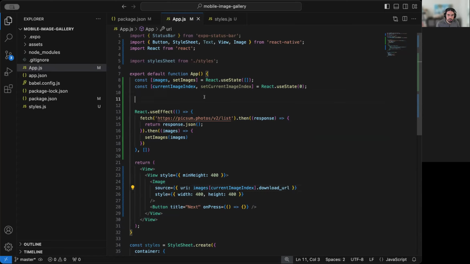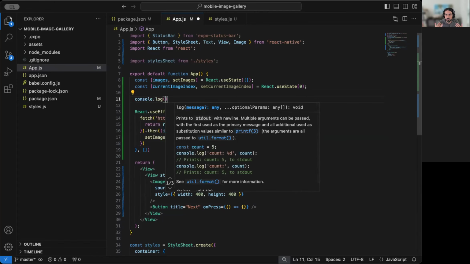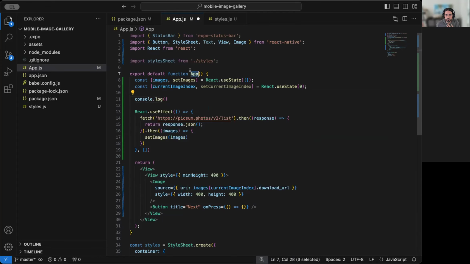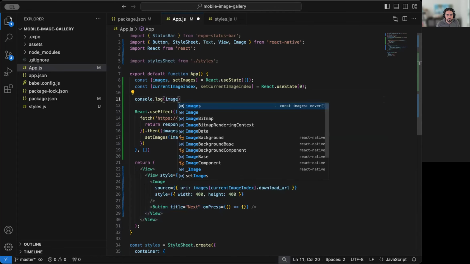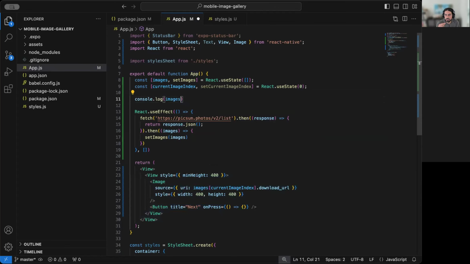Now, for those curious about debugging it, how do I know I want to investigate the response or whatever? Well, you can use a debugger with breakpoints or just do a simple console log here. Let me show you console log. You can console log, let's say I'm curious about what the value for images is on every render. So render meaning the function app is called. Every time it's called, it's going to render the template with the return value. Now, if I console log images, I'm going to be able to see what it looks like in every render